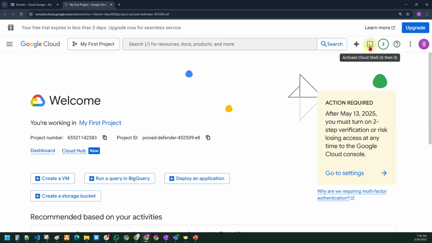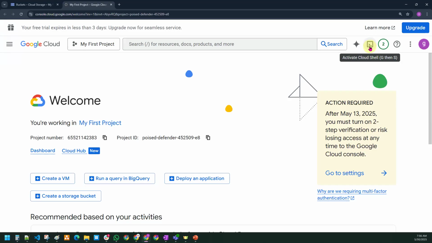Why am I telling you this two to three times? These are very basic things. If you don't understand, at a later point of time you will ask me again. People ping me in the groups saying, sir, where is the Cloud Shell button? So everyone must understand these basics.